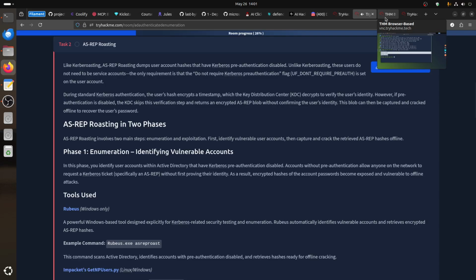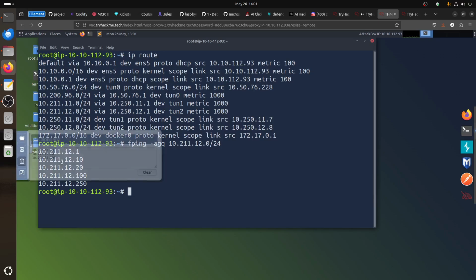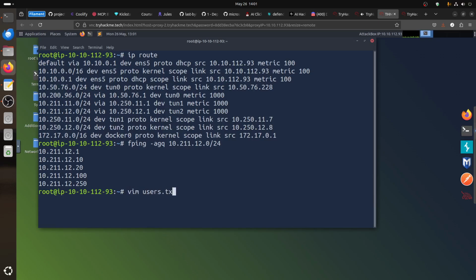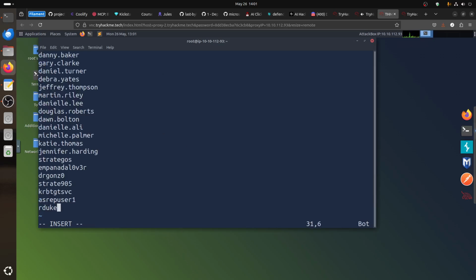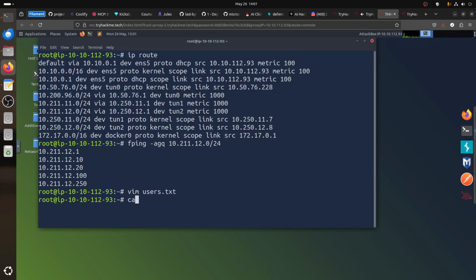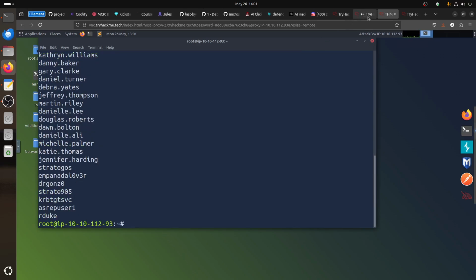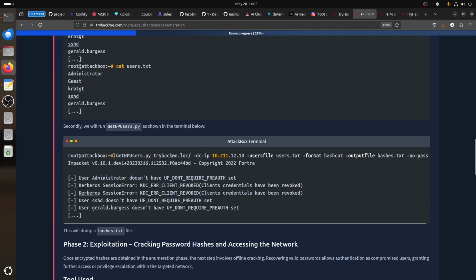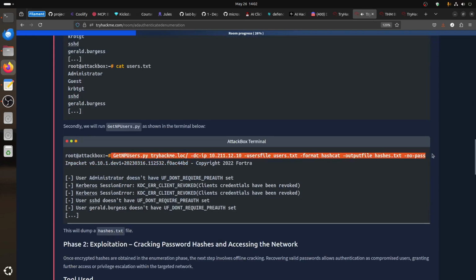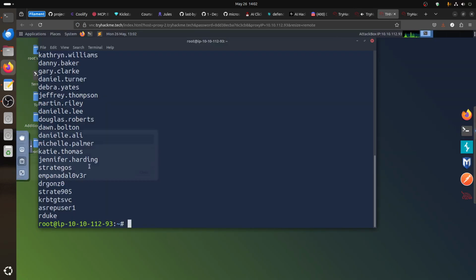Now Firefox is freezing. So vim users.txt. So we got the users. Now the command they tell us to use, we've got the users, so we need to use the DC. Let's see if this one makes sense to us. So if I go there,